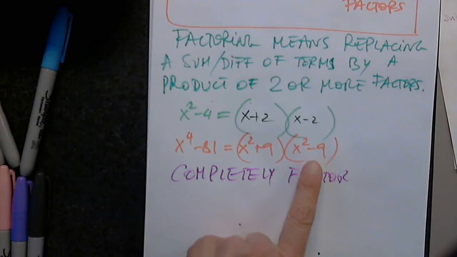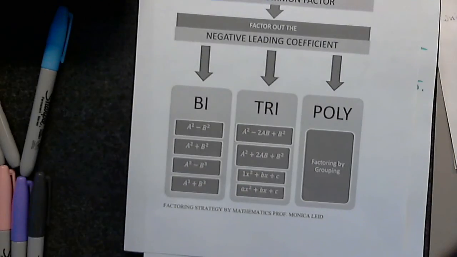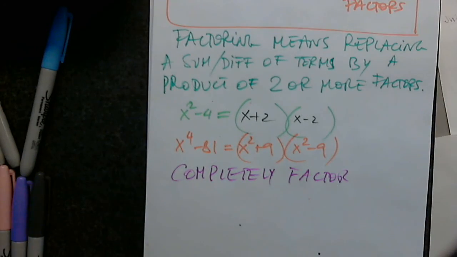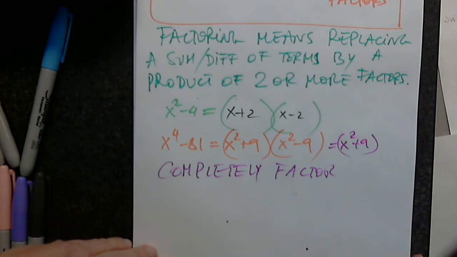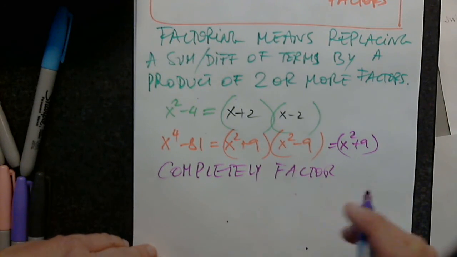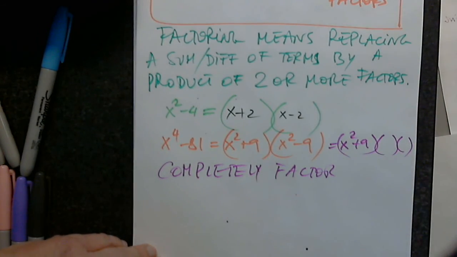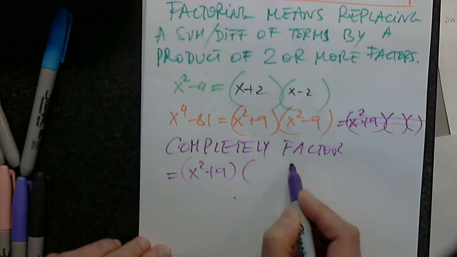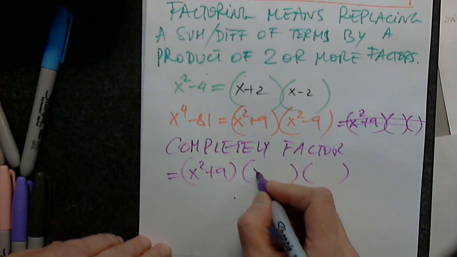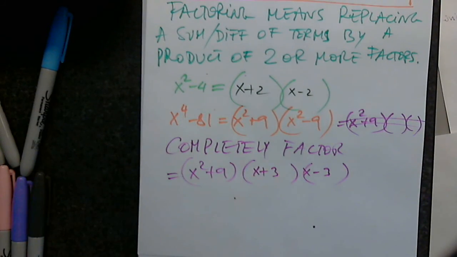I have to check whether this is factorable. Yes. Which one? It's the first one. Exactly. So I have to continue. I will copy x squared plus 9. I cannot drop it. It has to stay. But when you say x squared minus 9 is the first one, then you will give me 2 binomials. Please give me 2 binomials. I shouldn't be writing it here because I will squeeze it in. Plus 3, x minus 3. Now this binomial, x to the fourth minus 81, is completely factored. And as you see, it has three